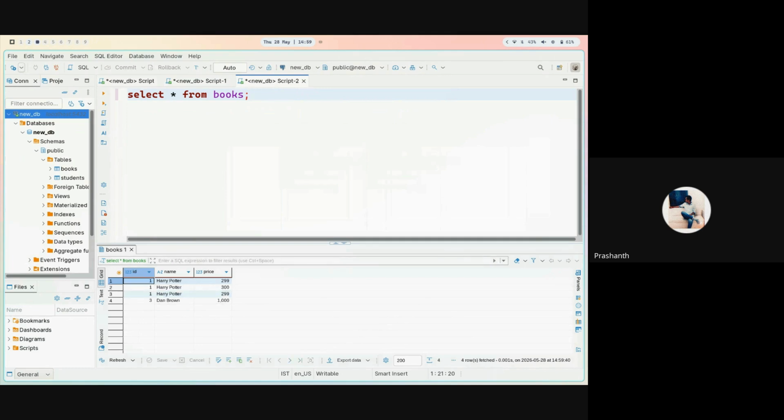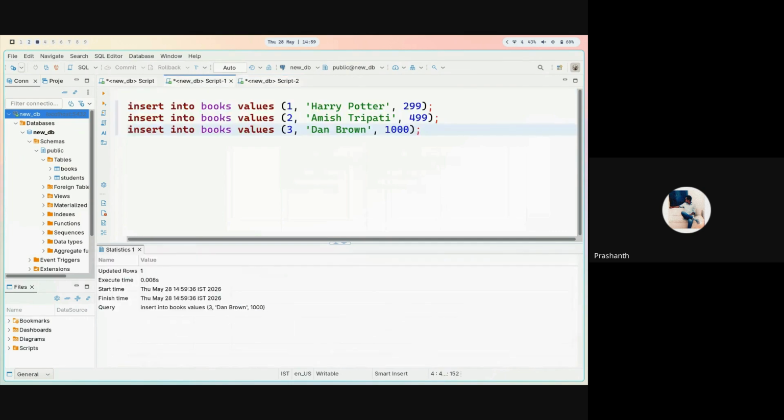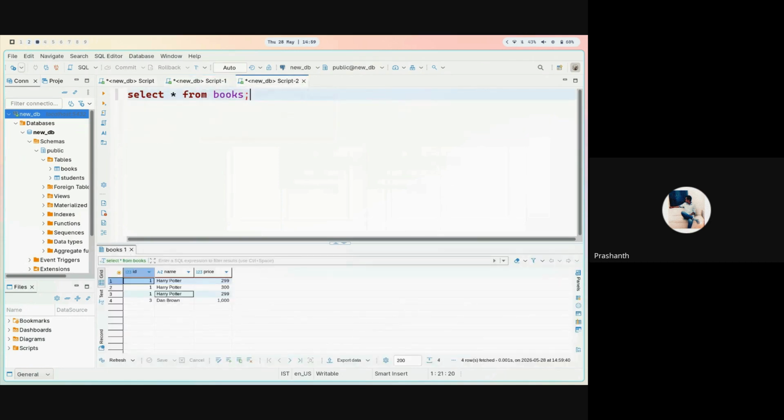Now if you can see these. Wait a second. Is Amish 314 not inserted? All right.